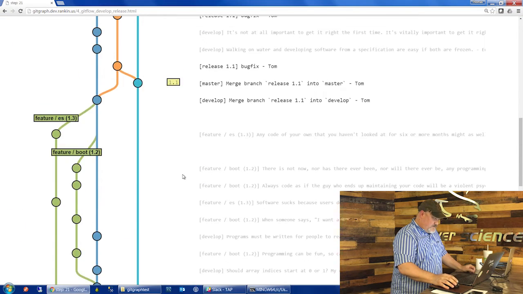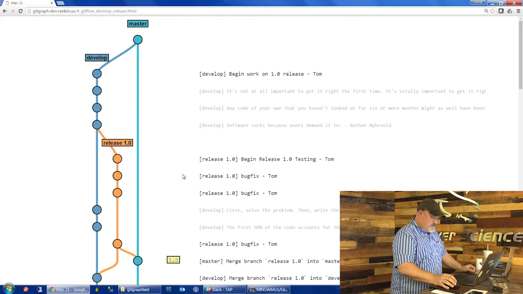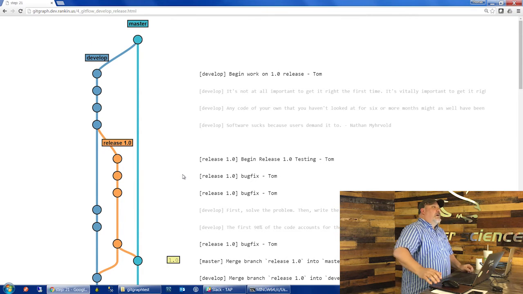What else? Tom, do you ever make changes directly in your development, or do you always put it into a feature? Yeah, so